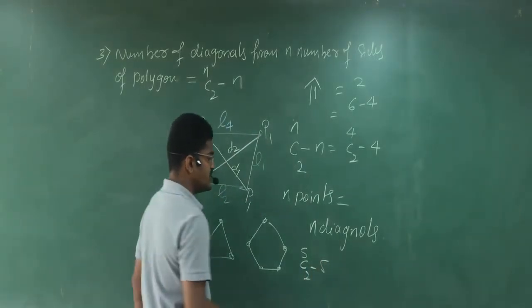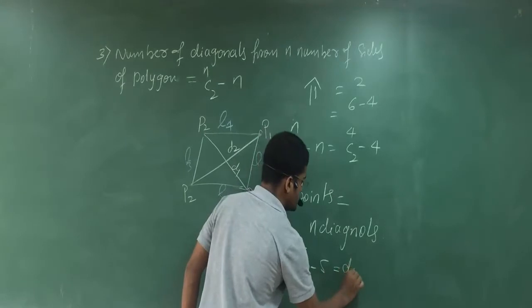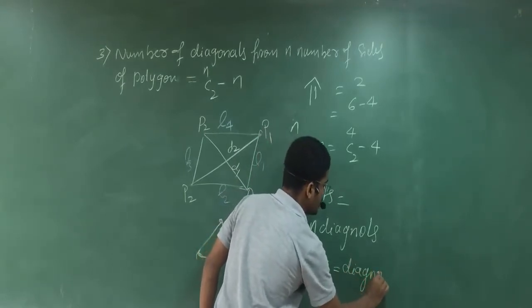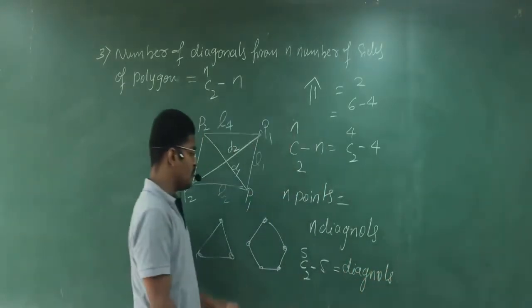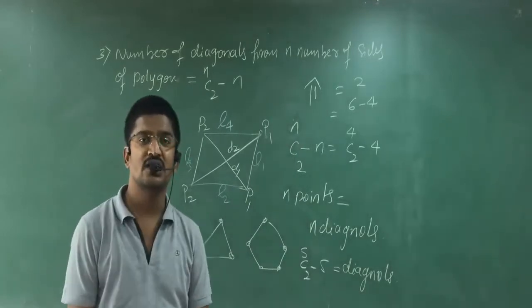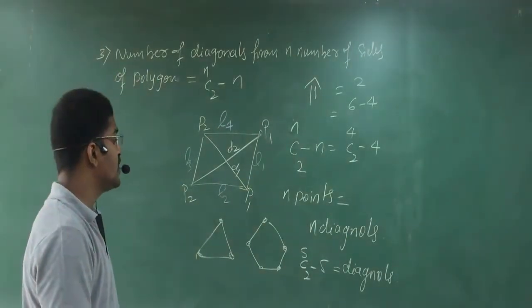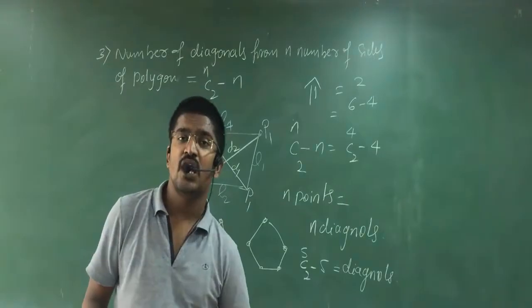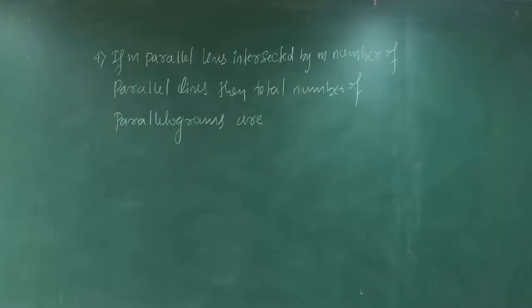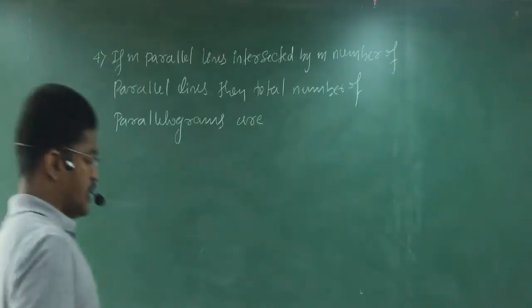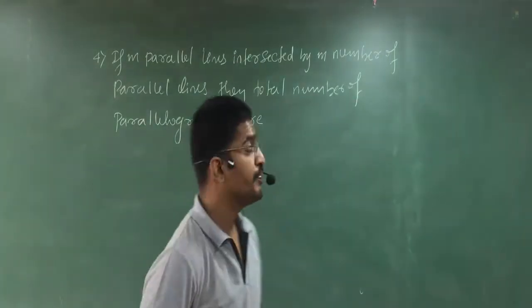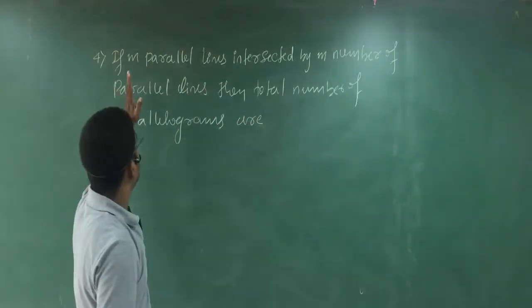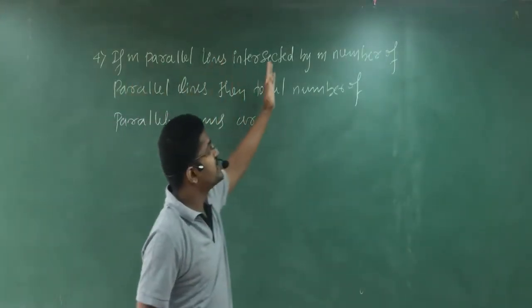5C2 minus 5. This many diagonals you can draw for a pentagon. Clear, students? So remember this formula, that is NC2 minus n. Okay, students. So now let us go for the 4th one, that is,